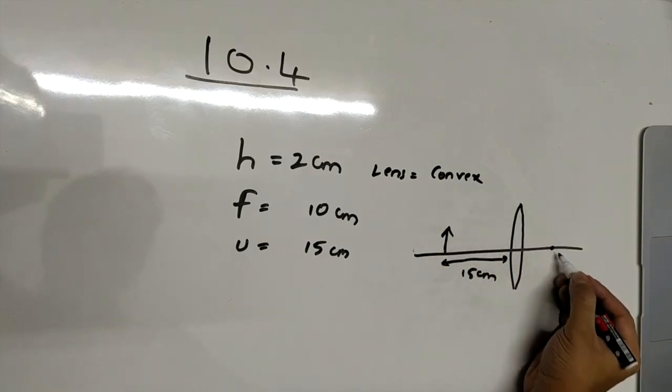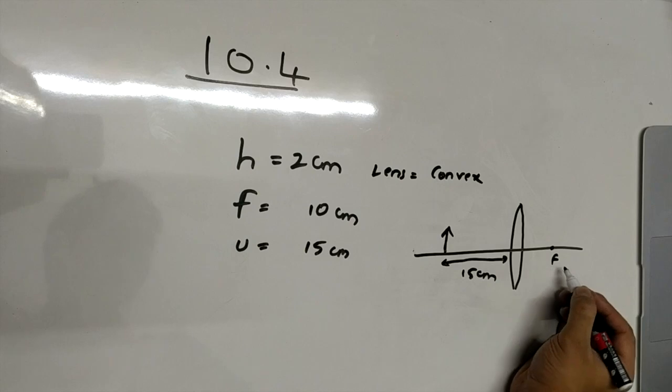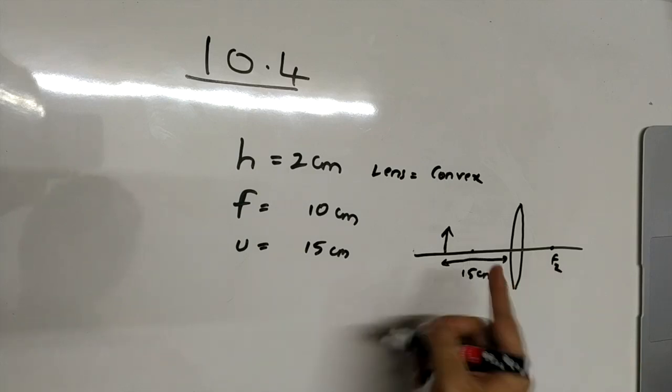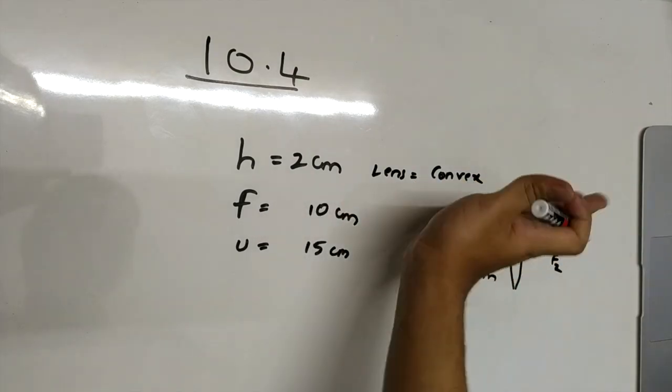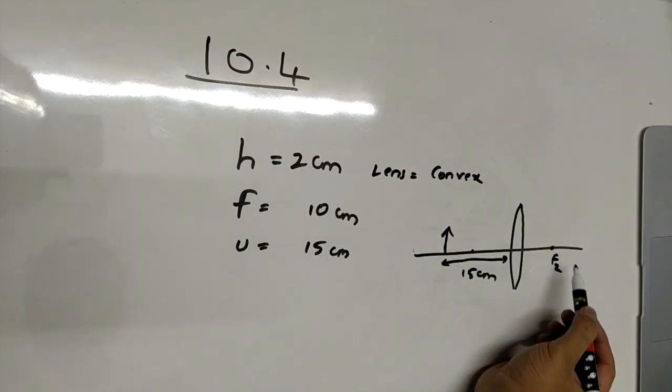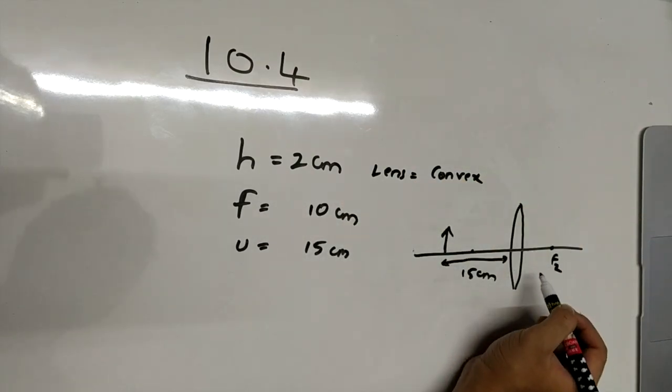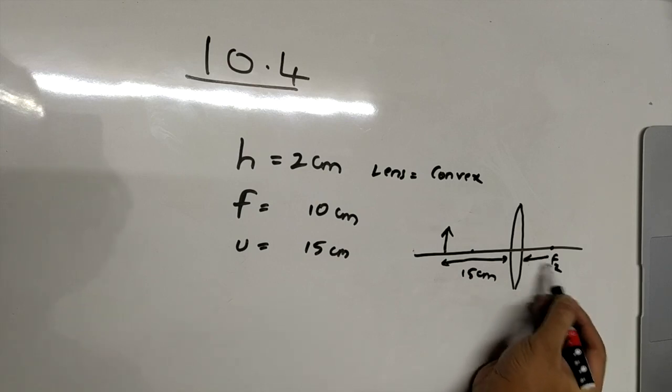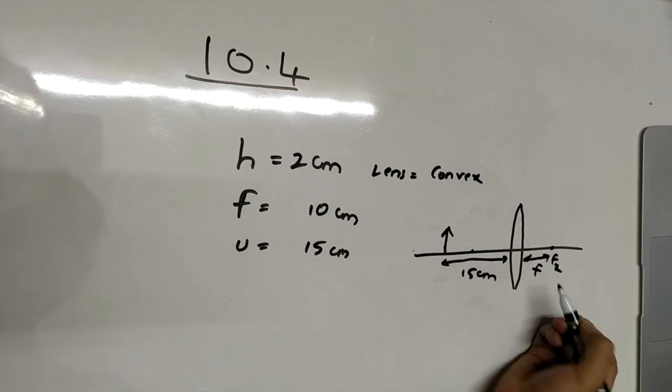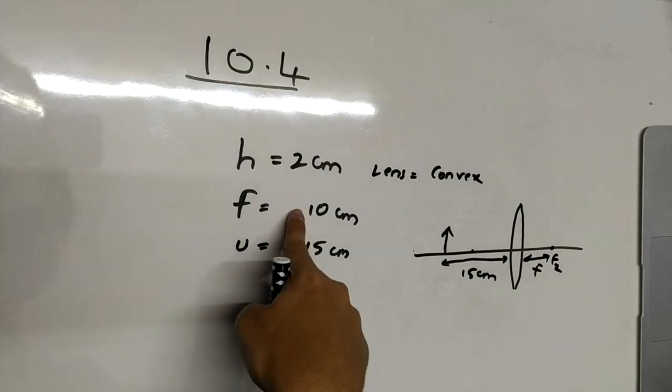So this is f2. Here also there will be a focus, but as far as we are concerned from this side, the focus will be here. So the focal length is this one,